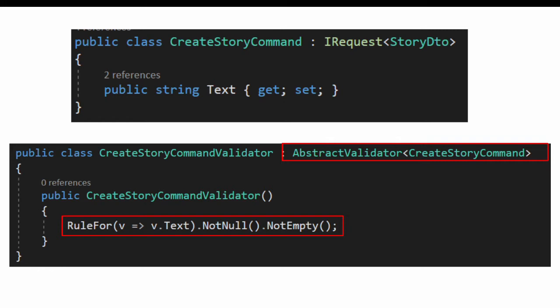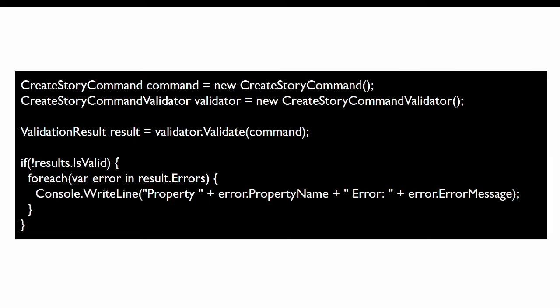Here you can see how clean it looks. No if else blocks. We are just using not null and not empty methods to ensure that the text is neither null nor empty. By separating validation logic this way, we are also following the first principle of SOLID, that is single responsibility principle.